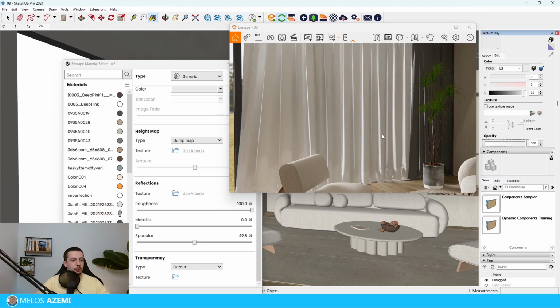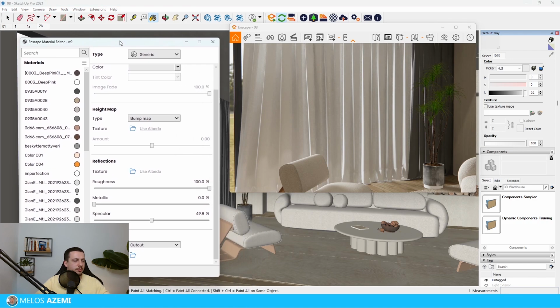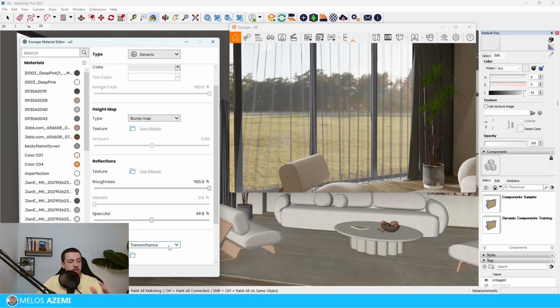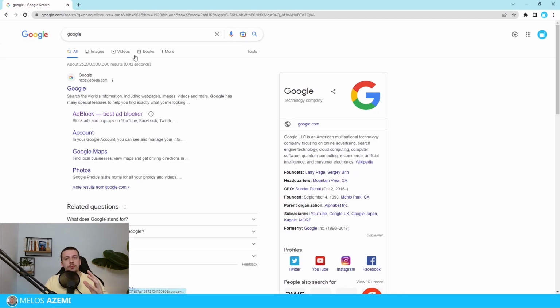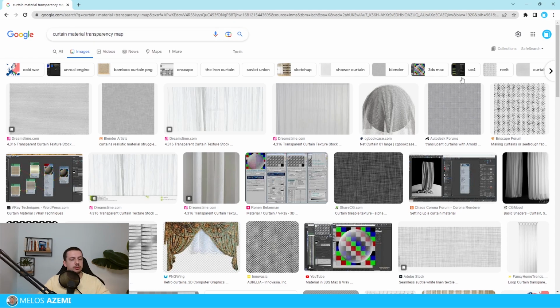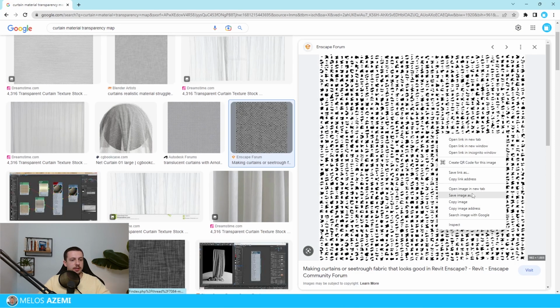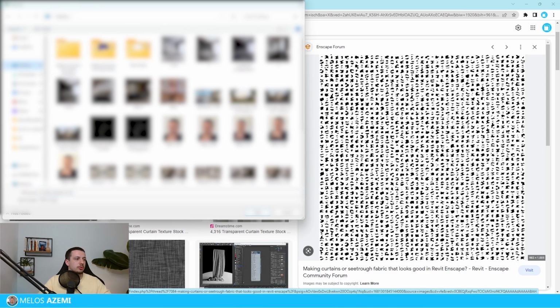So there's a way that we can actually fix this, and it is very simple, and it only needs 2 steps. So the first thing is we're going to go to the transparency section here at the Enscape materials editor, and we're going to switch from transmittance to cutout. And then once we switch to cutout, we're just going to go to texture, and we're going to find a mesh of the curtain material. So I'm just going to type in Google curtain material transparency map. So as you can see, I typed this in. I'll just click at this image, and I can just right click and save the image in the computer as,